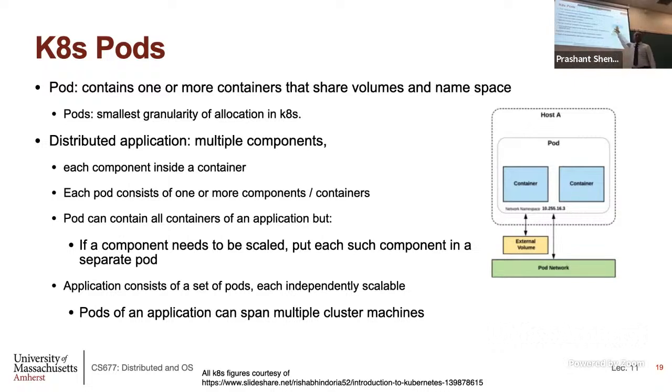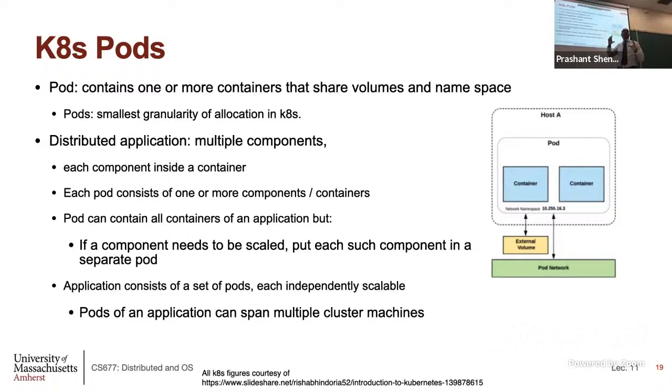This pod gets its own IP address, which is distinct from the IP address of the physical machine. So it looks like a VM, but it's not really a VM. Because VMs also have their own IP addresses. So the pod gets its own IP, and these two containers can be addressed through that IP address. So they have their own namespace. You deploy a container, you get your own private IP address, or it could even be a public IP address.